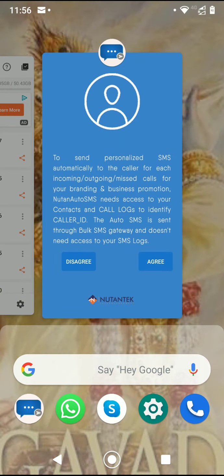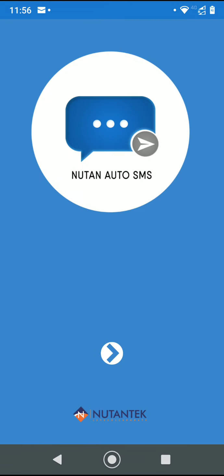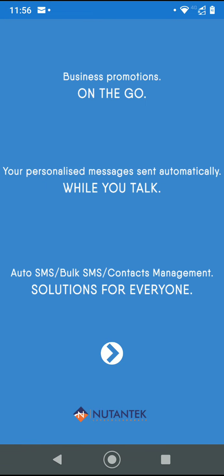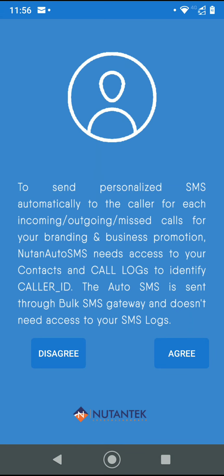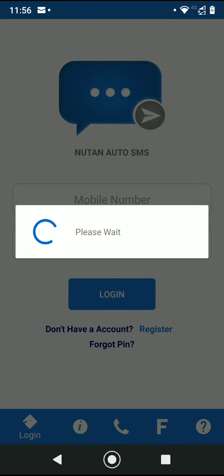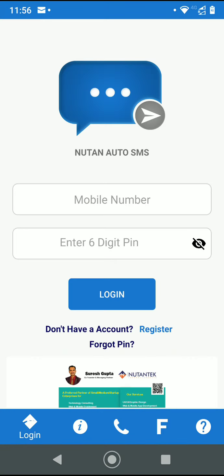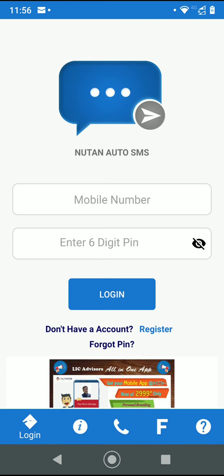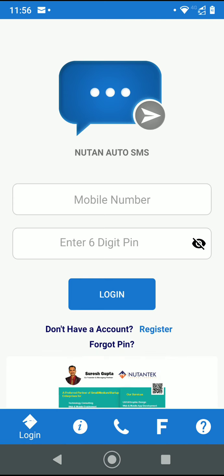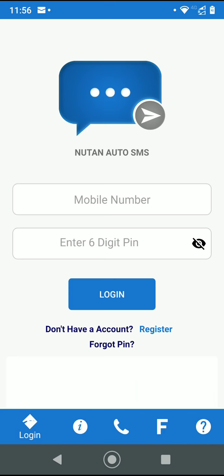Now I redo that, go to the third screen, I set as default, and then the user says yes, I agree, he allows us to read the call logs and use it as a default phone handler. Then it goes to the login page or the registration page. Here the user can register, and after registration we do a business verification. Once we are satisfied, we activate the credentials. So once the account is activated, the user can log in.